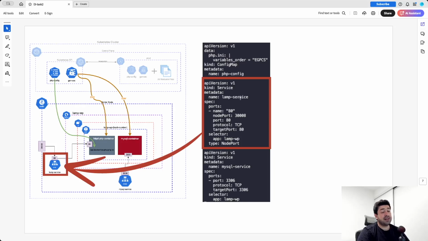The same goes for the lamp service, which is the service required for the Apache container, which holds the web app. And as you can see here, the name is not required actually. So you have the NodePort, which is the port where the external user is able to access the app inside this container. So the user goes through this port, and this port takes him to the Apache PHP container through